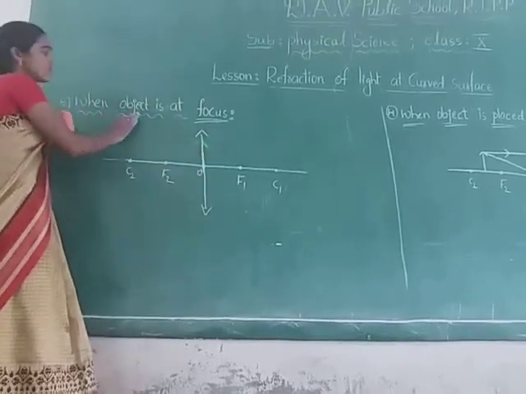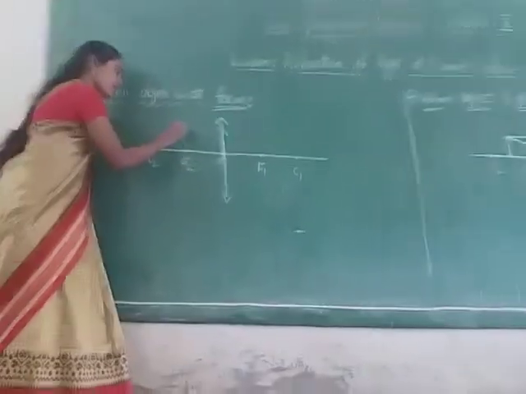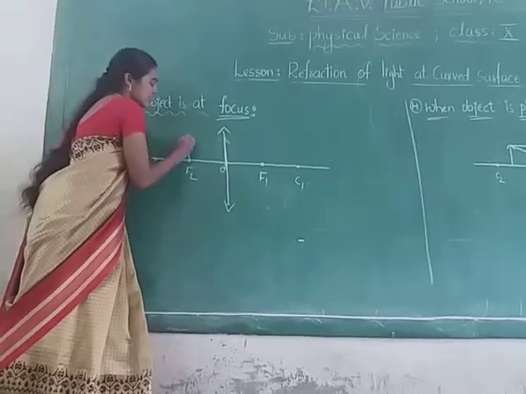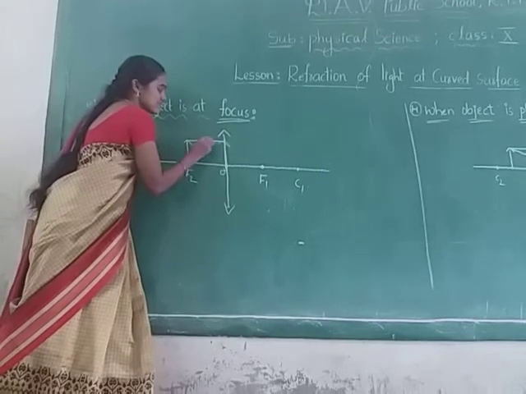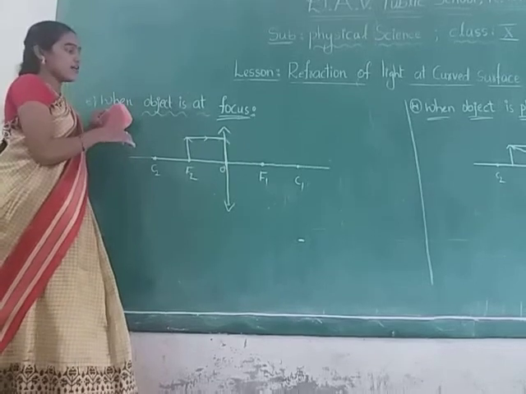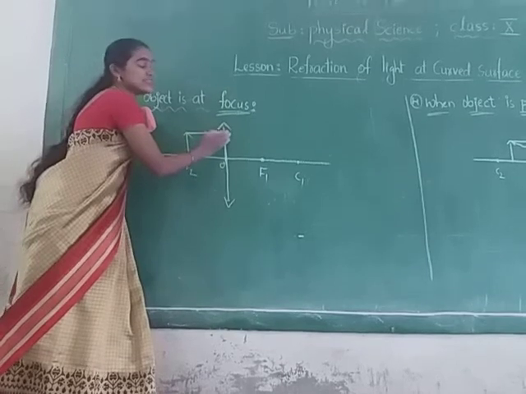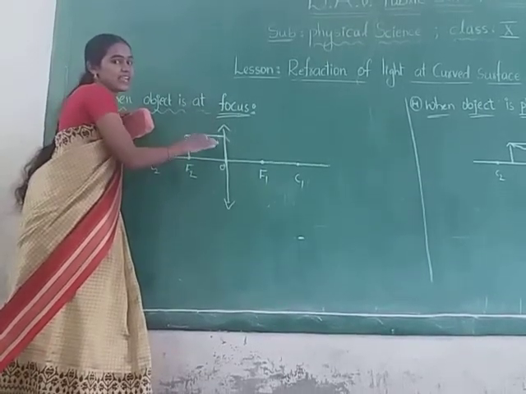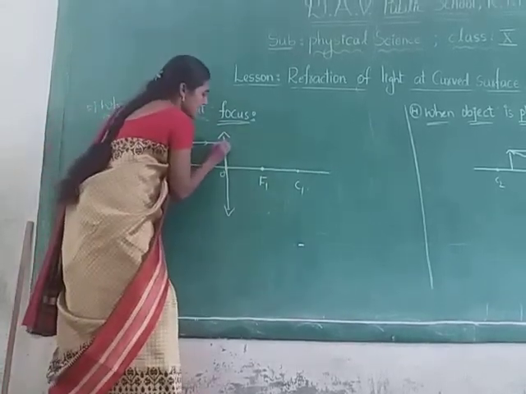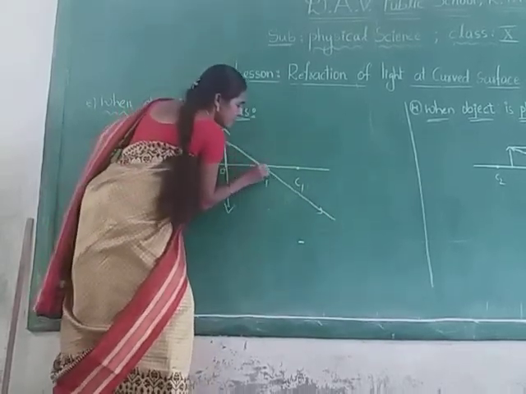Now we are taking the object at the focus. So at this focus we have to draw the object. As usual, one ray we will take parallel to the principal axis. When the light ray comes parallel to the principal axis, after refraction, that means, here at the lens, when light enters from air into the lens, there is a change in medium. Due to that, the light ray will bend, so refraction takes place. That refracted ray passes through the focus point. So this is the refracted ray.